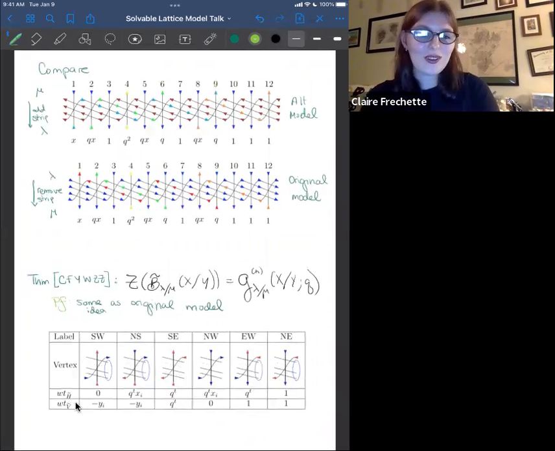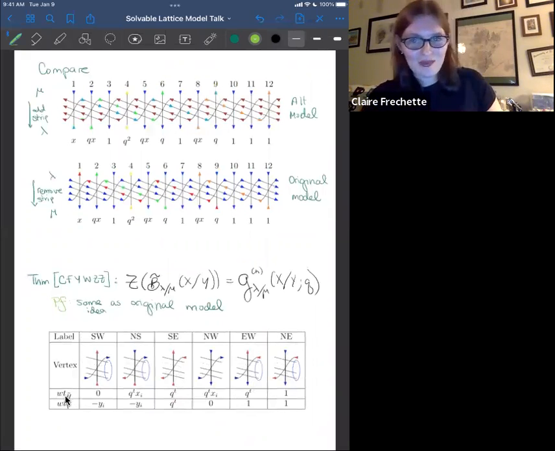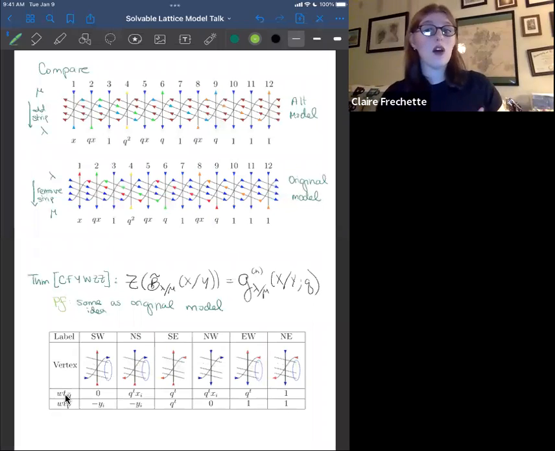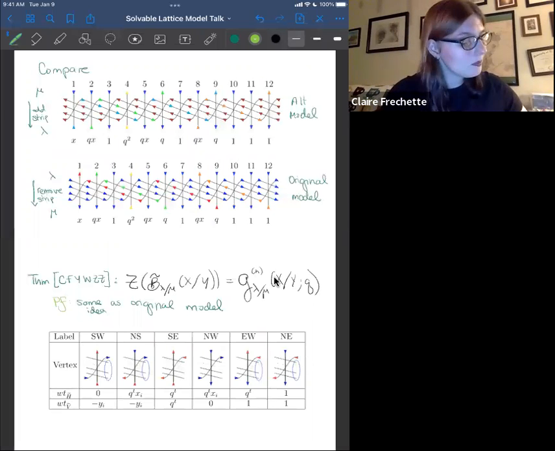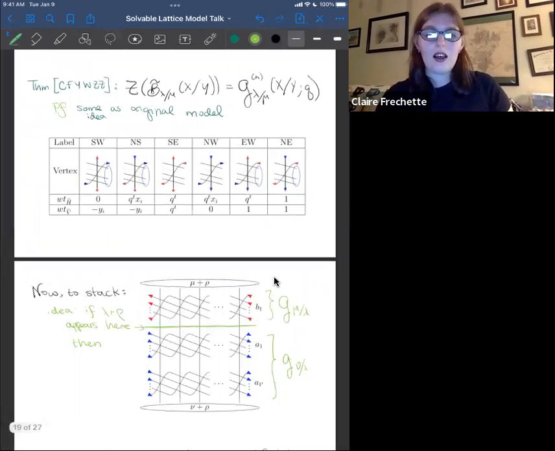The only thing that really looks different from the tables, honestly, at a very quick glance, is the fact that I've got tildes on them. And it's, in fact, because it is the same model, I'm just reframing it in terms of a different modality. So proving that this model also gives the superLLT polynomials is effectively the same proof as the original one. And the reason I've constructed this new one is because I want to stack them together